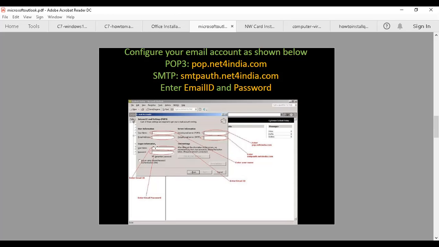It depends on you. And then here you need to enter the username and password of that email ID. And here are the POP3 and SMTP port numbers that you can see while logging into the email account. Whatever the email account may be, you need to log in, go to the settings, and check what the POP3 settings and SMTP settings are, whether they are enabled or not. If not enabled, you need to enable them, and then enter those POP3 and SMTP port numbers here.